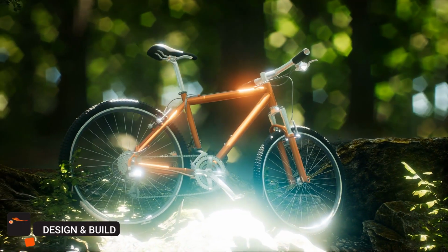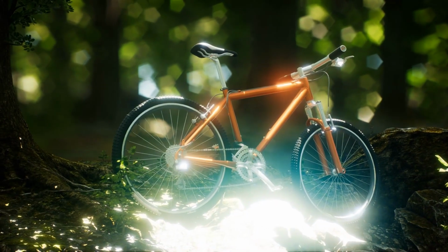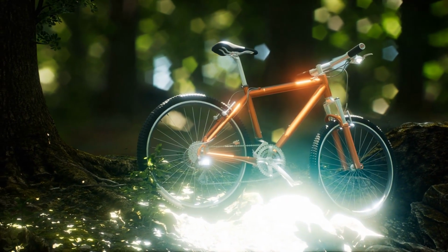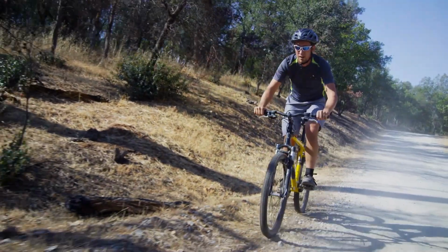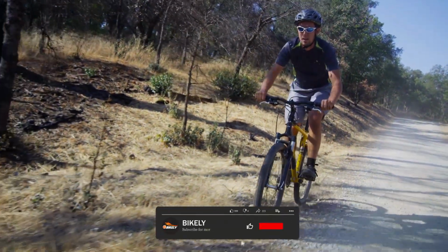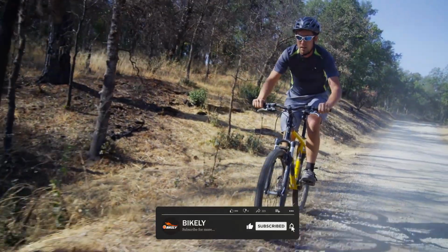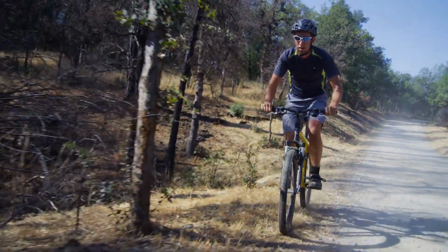Design and build. A mountain bike, or MTB, is built for rugged trails, rough terrain, and off-road adventures. It features a sturdy frame, wide, knobby tires, and shock-absorbing suspension to handle dirt paths, rocks, and obstacles with ease. These bikes prioritize durability and control over speed, making them ideal for adventurous riders who love exploring nature and tackling